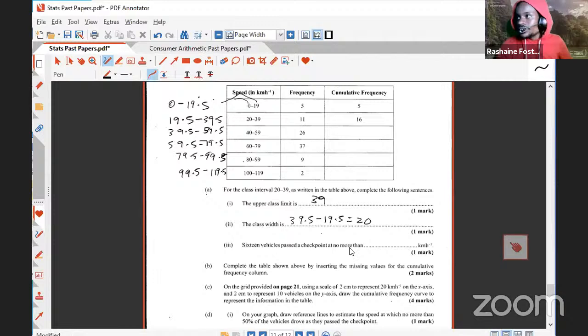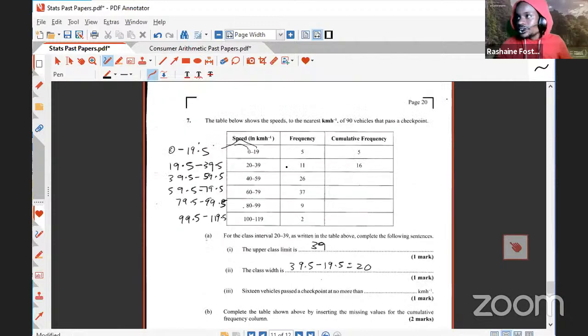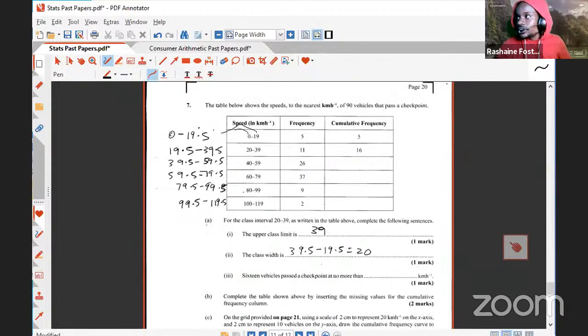We're going to need to go to our table right here. So we're using our cumulative frequency. If we go to the cumulative frequency, 5 vehicles passed at no more than 19.5. But when we now go down to 39.5,